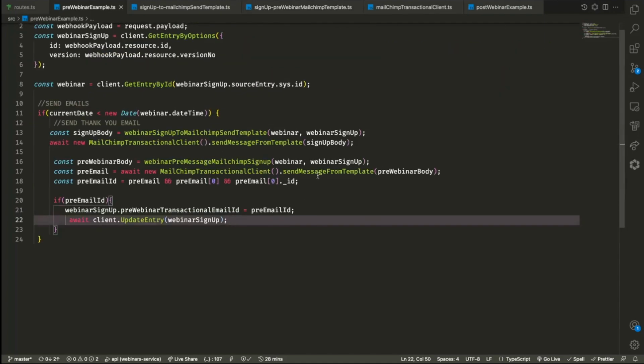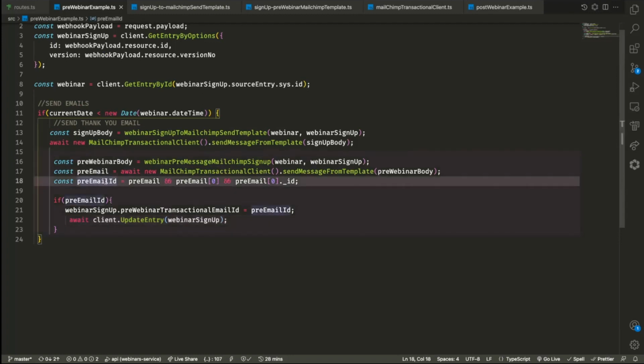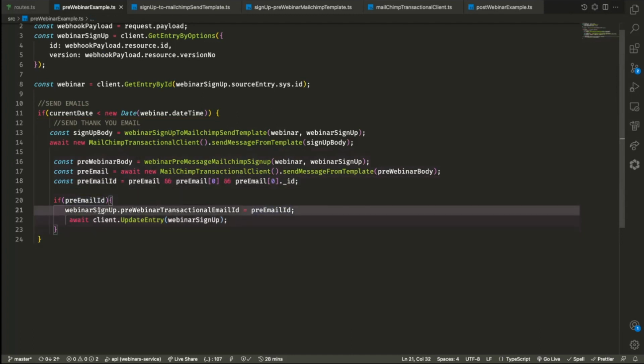Now, when we send the pre-webinar emails, we actually want to listen or capture the response that comes back from Mandrill for two reasons. One is to return the response that you saw in the webhook screen. But the other is because what we want to do is store the pre-webinar transactional ID against the form post sign up. So you can see here we're getting that ID, updating a field against the webinar sign up entry, and then through our management API,